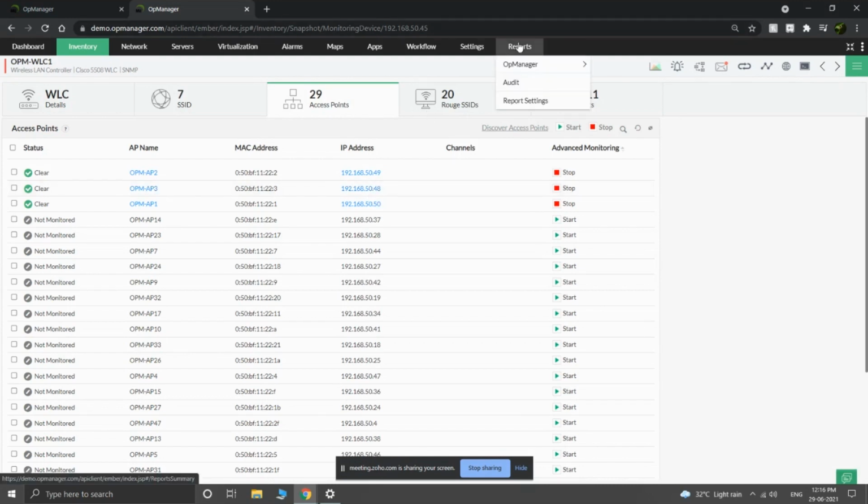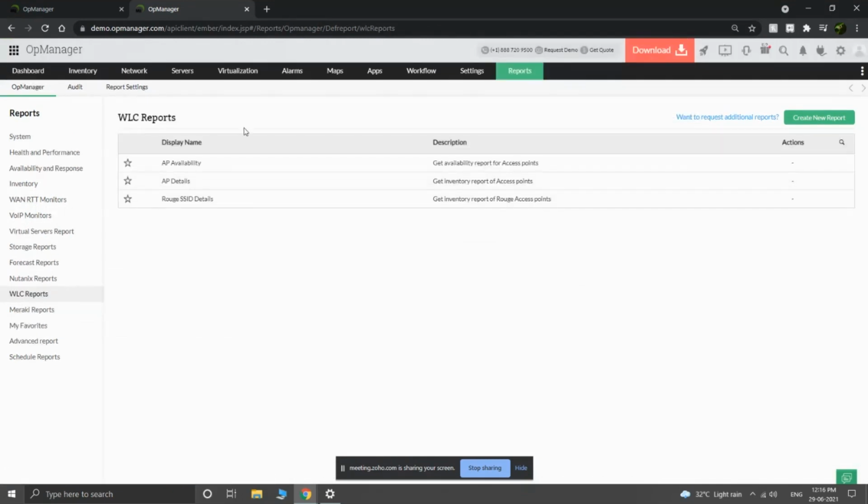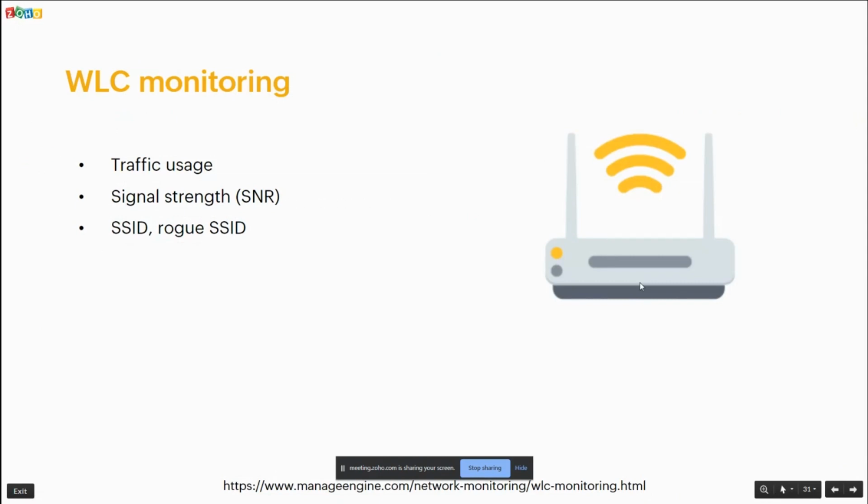And talking about the reports again, you will have WLC specific reports. There are 2 to 3 reports that come built in by default with OpManager. You can also create a new one if it is necessary for you. So this is how WLC's performance and availability can be monitored in OpManager.